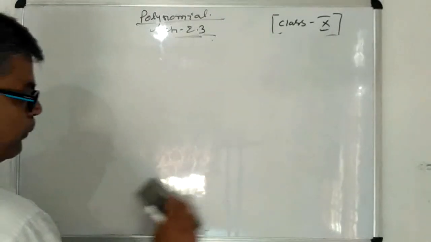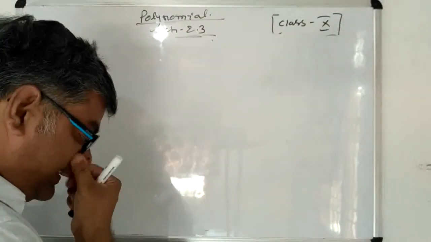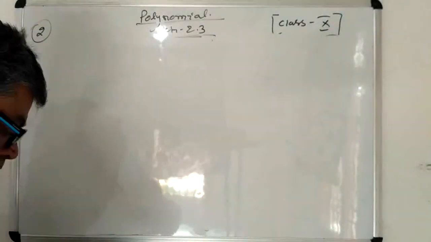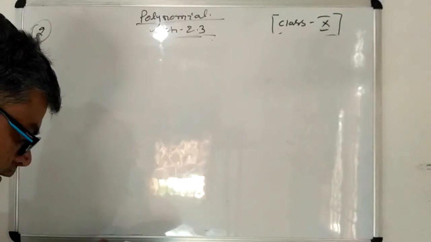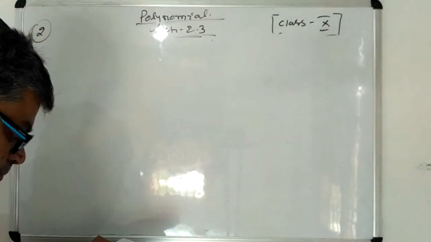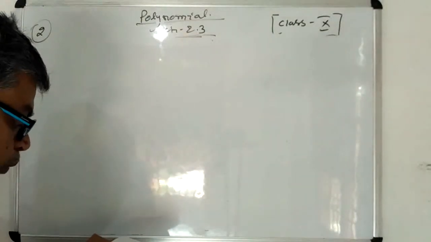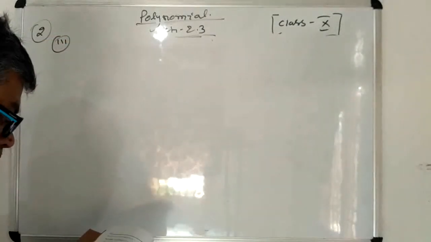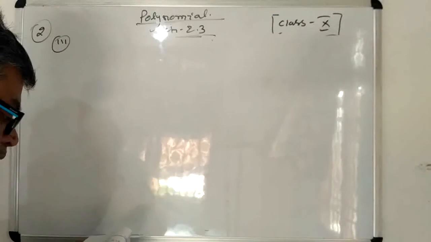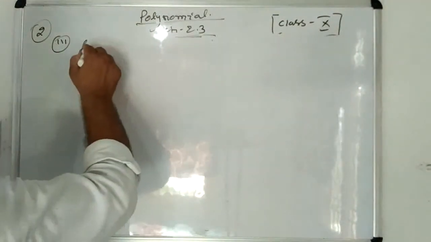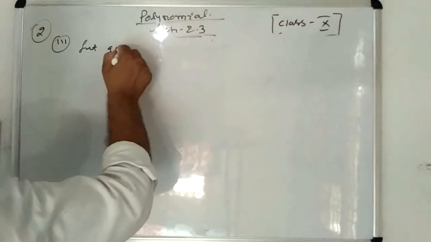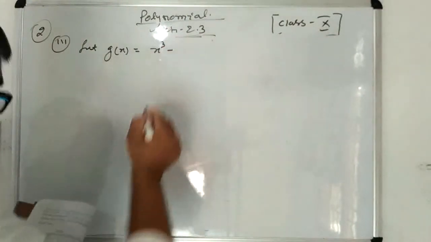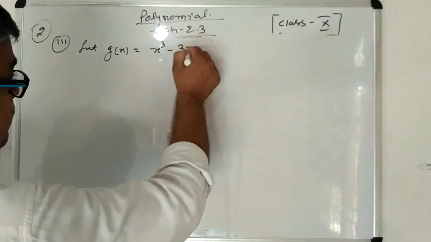So let's see one question I am doing from question number 2 itself. Which question should I take? Okay, I am taking the third question. What is the third question? Check whether the first is a factor of the second polynomial. Let the first polynomial be g(x). g(x) is x cube minus 3x plus 1.